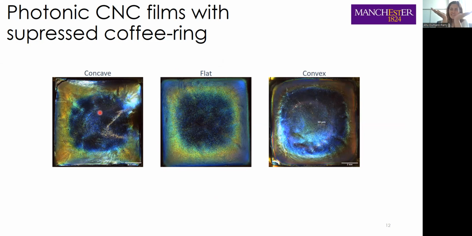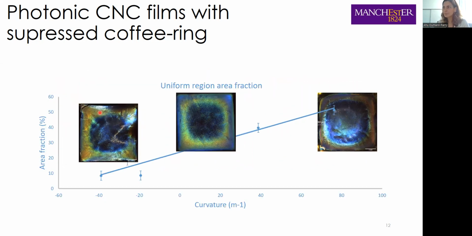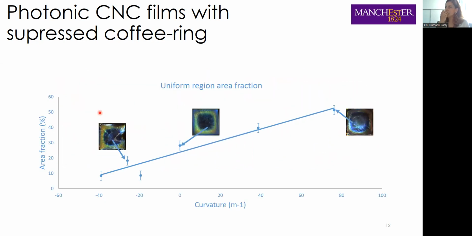And in the concave, we are actually highlighting the Marangoni flow, therefore more accumulation takes place towards the centers, so the coffee ring dominates the whole film formation. And the uniform area fraction is quite linear, depending on the curvature of the surface,